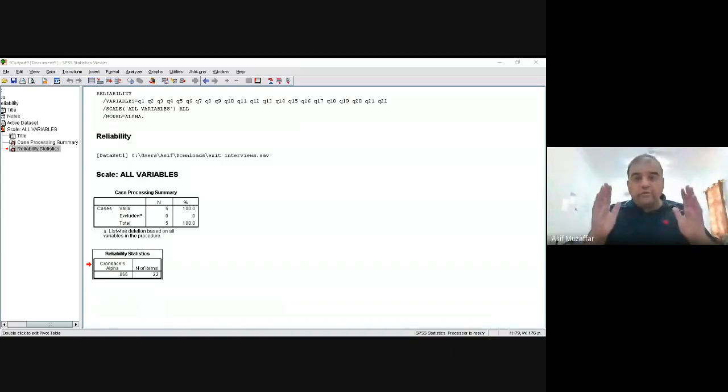I have total 24 questions in my questionnaire, but the 2 questions are nominal data. They are not here. Only the questions which are on the Likert scale, 1 to 5 Likert scale are there. The Cronbach's alpha value is 0.866.